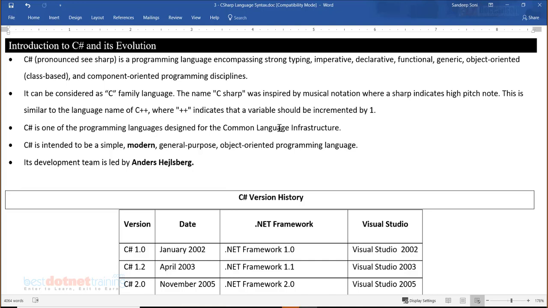Most important thing, C hash is what we write, but we never pronounce it as C hash. We have to basically write C hash and read as C sharp. Now actually that sharp symbol has come from the musical keyboard.